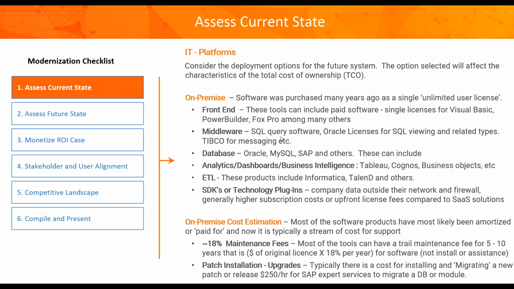Now let's talk a little bit about some of those current platforms that you have today. One of the other items that happens in older legacy kinds of software, ones that need to be modernized, is this idea of an on-premise versus cloud. A lot of times what happens is we have a front-end software that perhaps was built in-house. Perhaps we purchased a license for Visual Basic or PowerBuilder. In other cases, we have .NET and other kinds of things that we've purchased licenses for. In some cases, we may even have middleware, which now things like Oracle or SQL or TIBCO for messaging. The point here is that all of these different softwares were typically built over time, whether it was in the client-server era or even in the earlier web era.